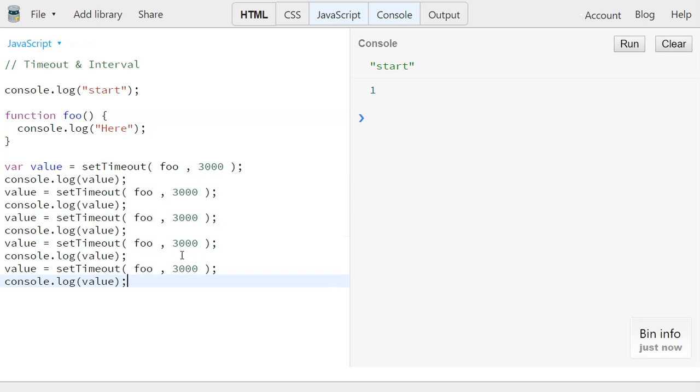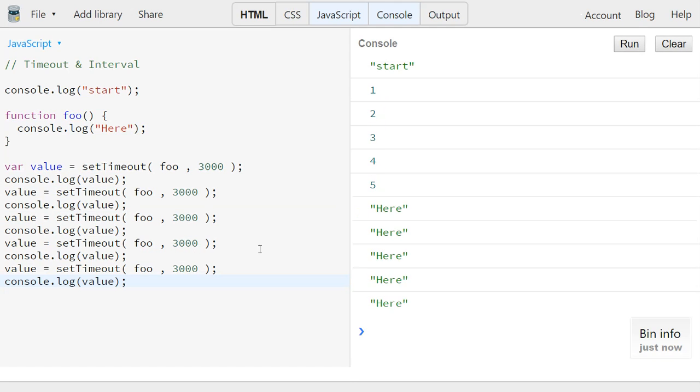Alright, so we're going to call set timeout 1, 2, 3, 4, 5 times. And we're going to print the value each time. Look at that. So after 3 seconds, we see a bunch of here's. Okay, this is expected behavior. But you'll notice that the value it's returning is going up each time. This is an identifier, some way for you to reference back to the set timeout call that you made to the JavaScript interpreter. So you say set timeout, the interpreter goes, all right, I'll set a timeout. If you want to do anything with this timeout later, here's a value I'll give you that you can reference